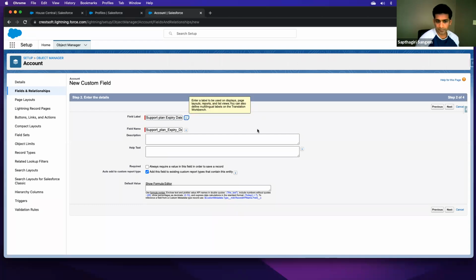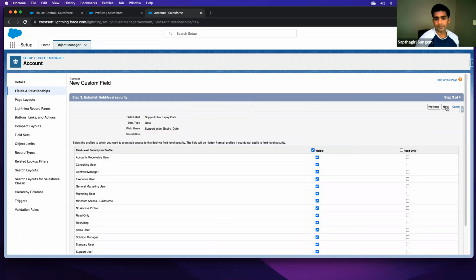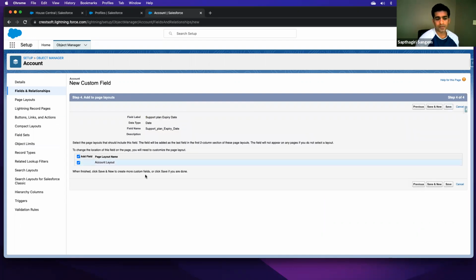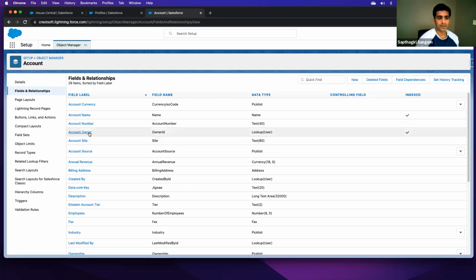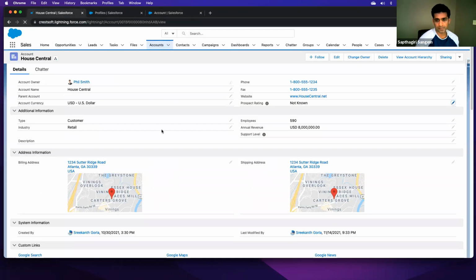Same thing, we give access to all profiles, and we add it to the account layout. Now if we go back and reload the page,